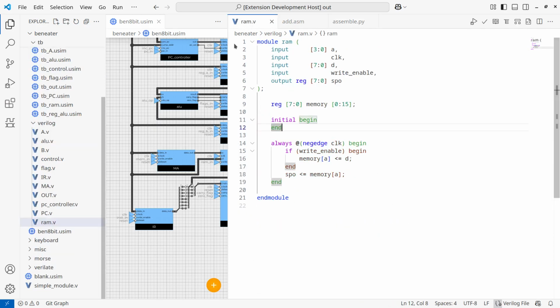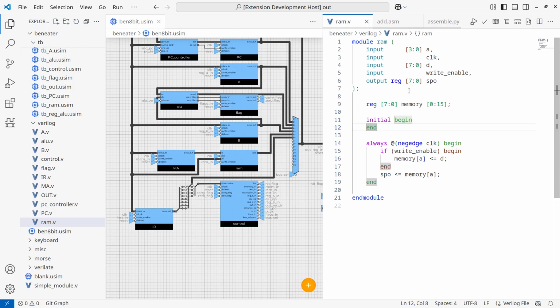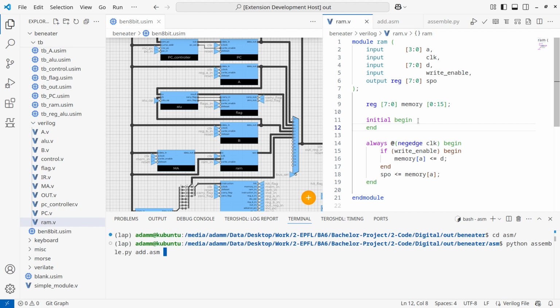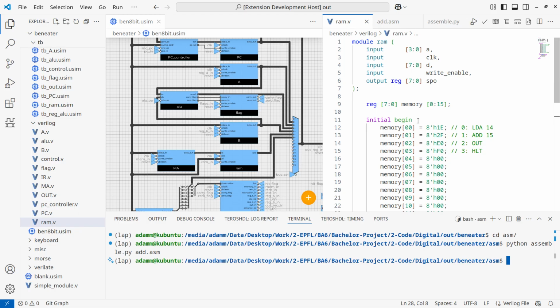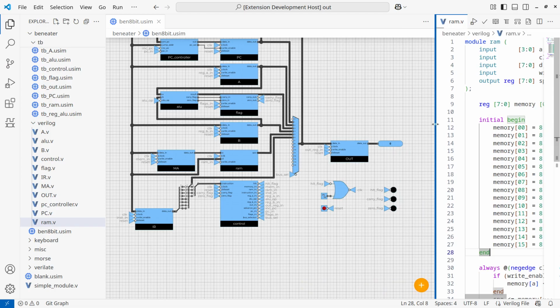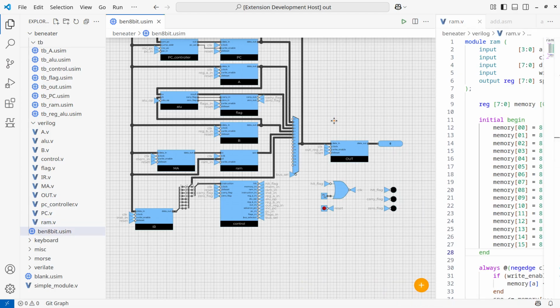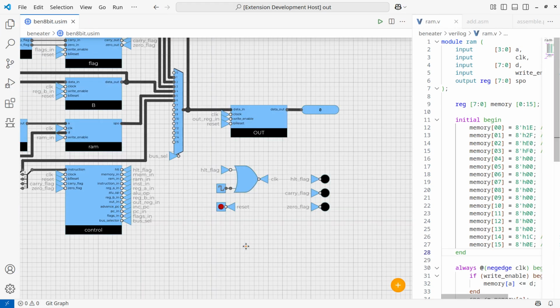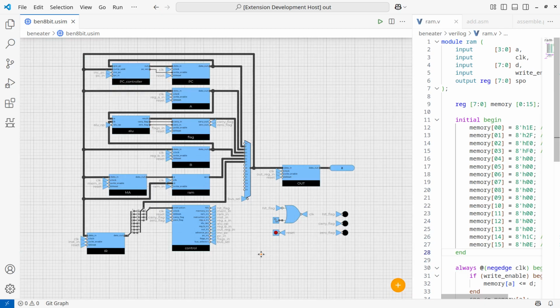So I would like to show you this. I just need to do, so have a look at this region, and let me go to cd ism, assemble add.ism, bam, now the memory is loaded, and we have this value. Great. So we are ready to simulate our processor, and to do this I would just need to reset the values when it starts, so that we can enable the processor. So let's press play,